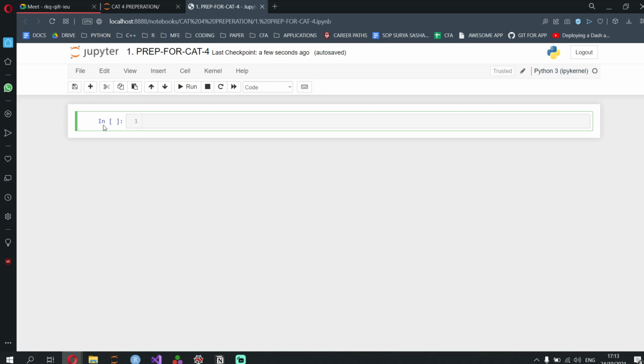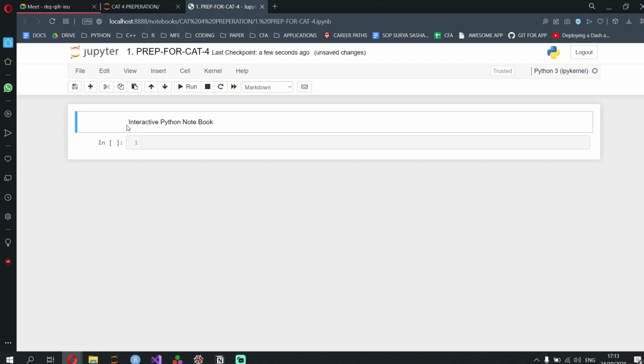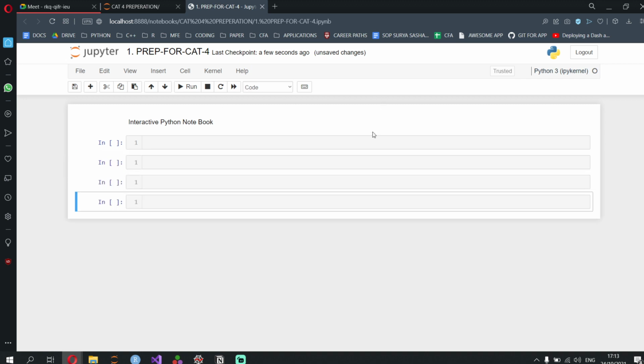What that means is it is an interactive Python notebook, and this is basically a new way in which people learn Python right now. IPynb files look like this. They have interactive kernels. Each one of these blue outlined things is called a kernel. Right now I have 1, 2, 3, 4, 5 kernels, and that's how you can split your entire script.